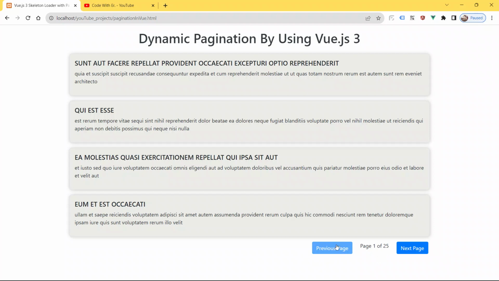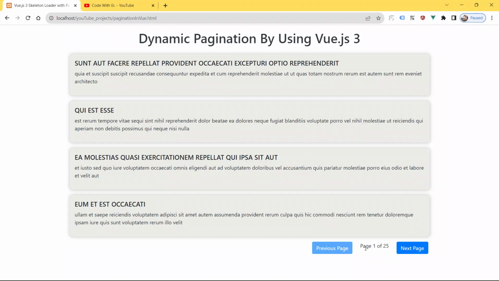It will be enabled once the page number is more than 1. As of now the page number is 1, that's why the previous button is disabled. The moment I click next page, the previous page button will be enabled because the page number will be greater than 1.